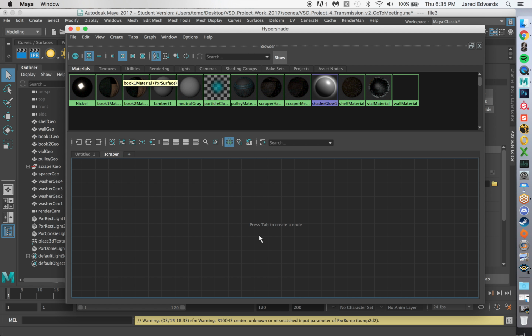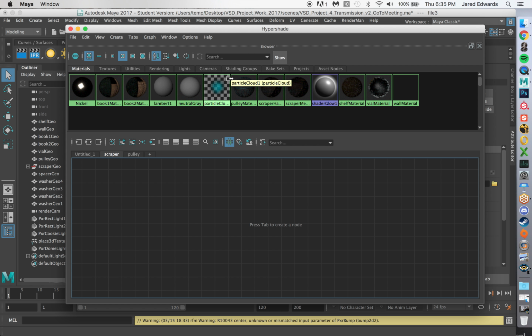So now what this means is when I make a material and graph it, if I'm in this tab, it'll appear in this workspace. And then if I go to another tab and I decide, I want this to be the pulley, I can click back and forth and I never have to regraph a shader again. I just leave it open in both tabs and I can pick and choose which material I want to look at. So, excuse me, you may have a few of these before you're done with the project this month. Okay, so back with the scraper,